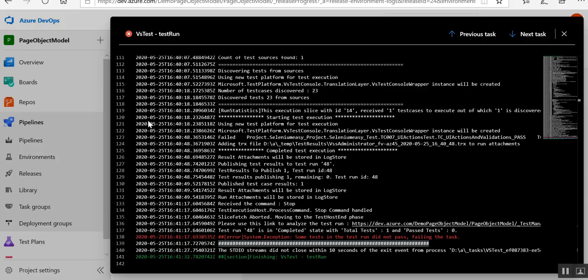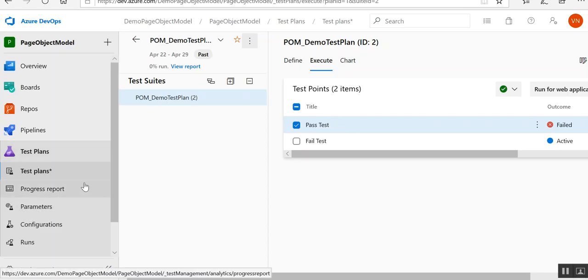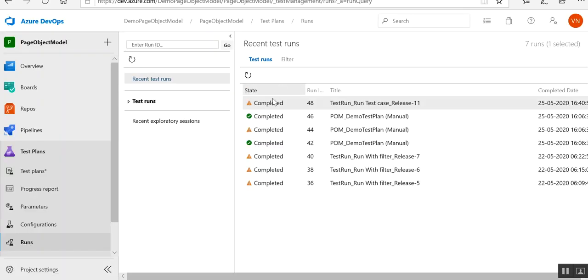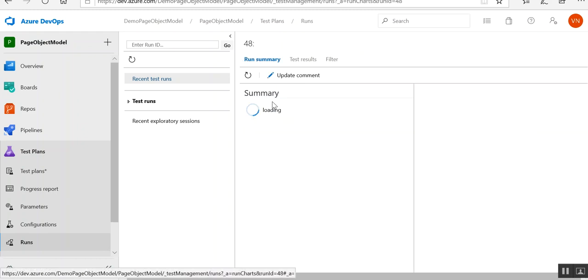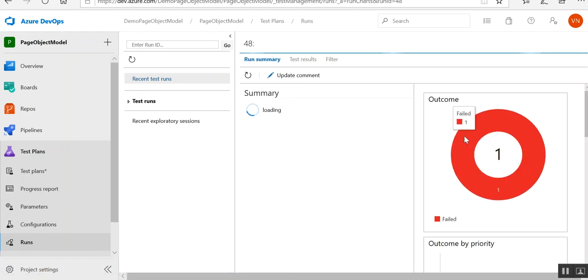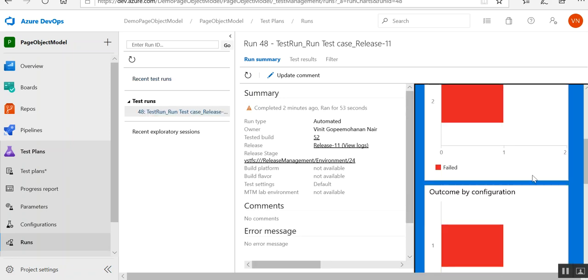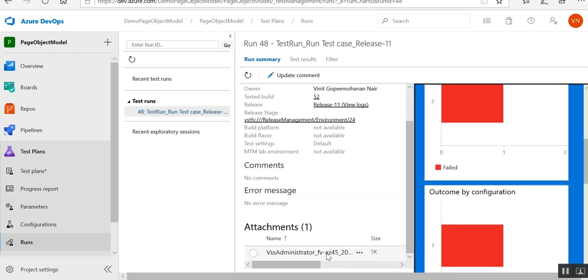And if you want to see more details, then click on the runs, and this will be the latest thing that we have just run. So you can see only one executed and one failed, and you will find the TRX file which will give more details on why it has failed.